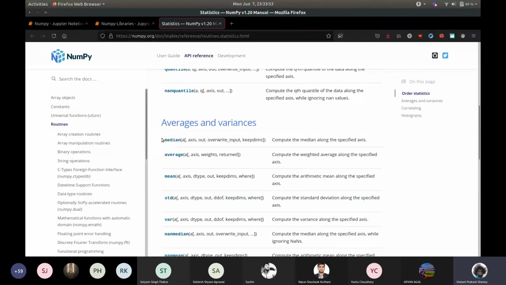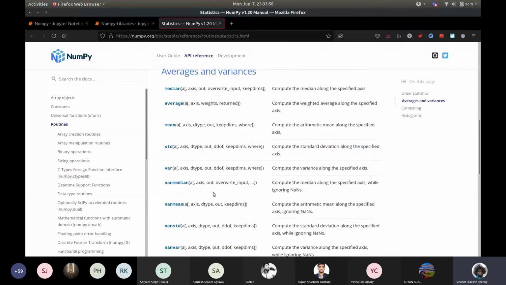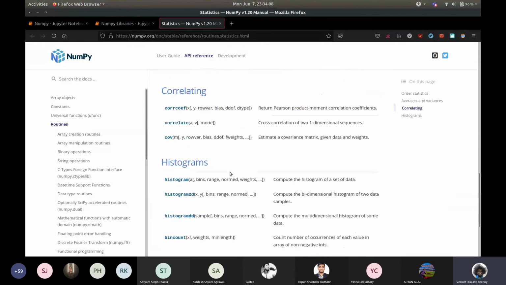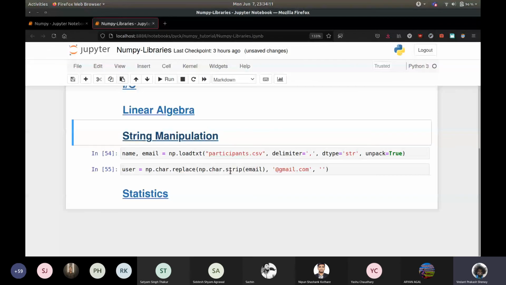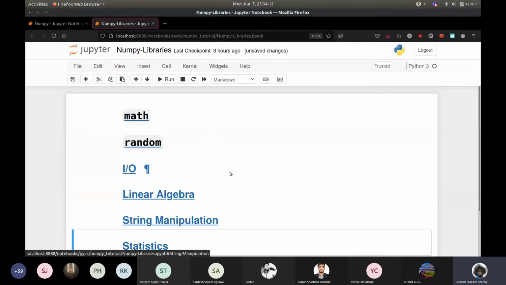And then you can also take the median. You can take weighted averages, and the similar sort of thing for NaN compatible arrays as well. So if you have a NaN in the array, it'll ignore it and do all the things that you want it to do, and so on. Yes, so I think that's more or less it. That was a speed run through NumPy.